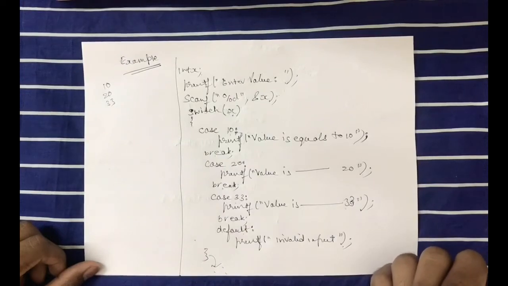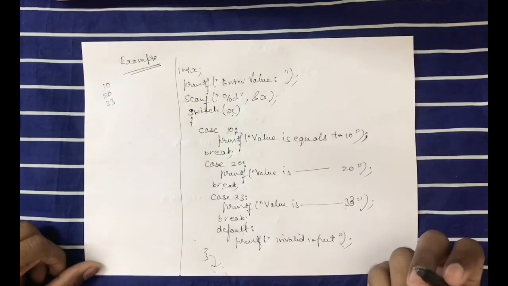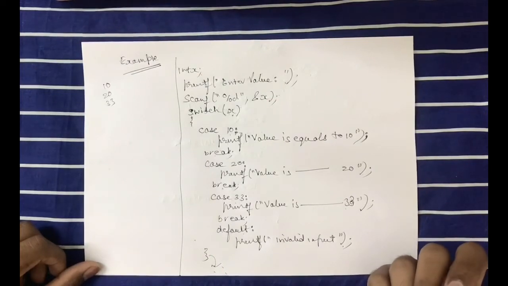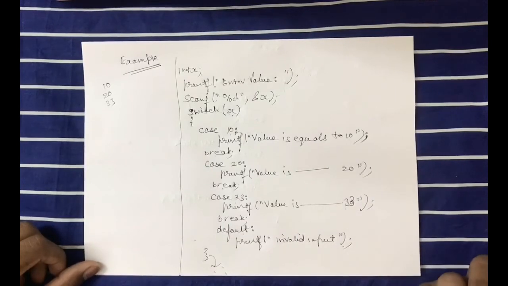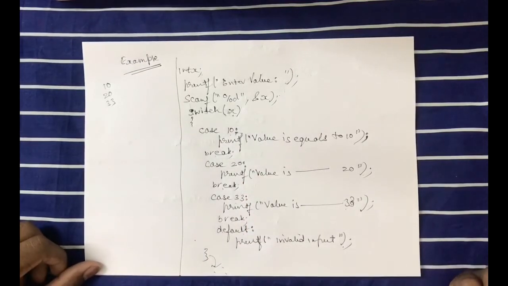In switch we can only do matching, like if this value is equal to something. If we want to match something, then we can use switch. But in if else we can use any condition type, like we can match it, we can find which is greater, or we can find ranges. Whatever we want to do, we can make the condition, but in switch we cannot do that. So if you want to make your own condition, then you will use the if else conditional statement. If you just need to match the values, then you will use switch. In this, execution is faster as compared to if else.